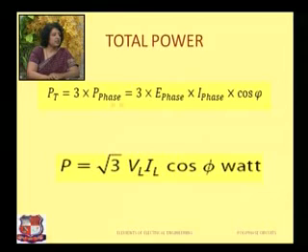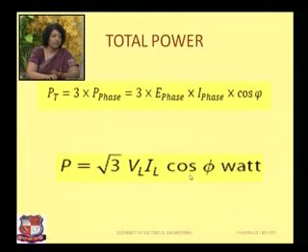See, it is 3 into power per phase, that is 3 into E_ph into I_ph into cos φ. Let us say I am considering a star connected load. In star connected load, I_ph and I_L are the same. So I will just put I_L over here, and in star connection the phase voltage is V_L by √3. So here I have to put V_L by √3 into V_L by √3 into I_L. So 3 by √3 will give me √3, which is √3 V_L I_L cos φ.